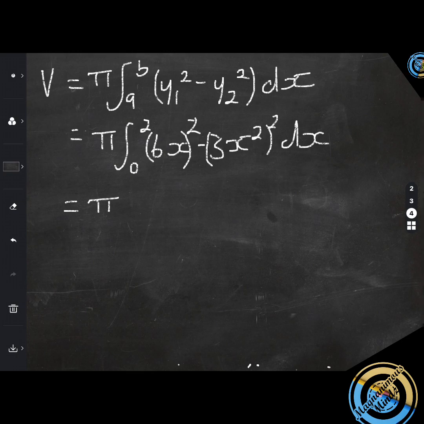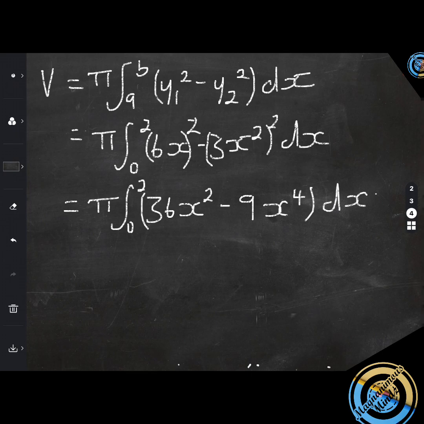So we're going to have pi, integral from 0 to 2 of 36x squared minus 9x to the power 4 dx. And then from here what we do is integrate, and if we integrate this, we're going to have pi